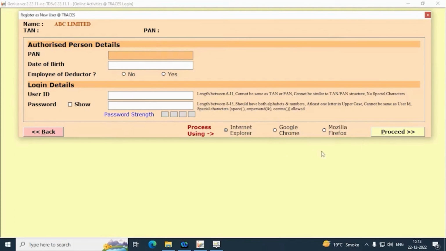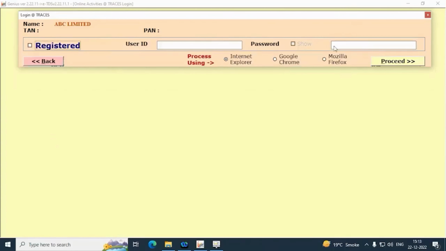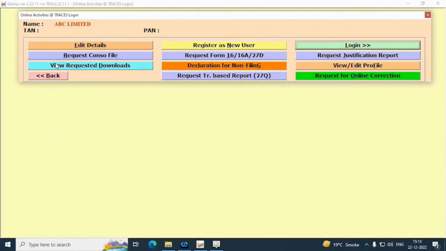If you are a registered user, then click on the Login tab and then click on Proceed. In the Online Activities at Traces Login tab of the main page, all the features are the same as we have explained earlier, like View Requested Downloads, Request Console File, Request Justification Report, Declaration for Non-Filing, Request Form 16/16A, etc.